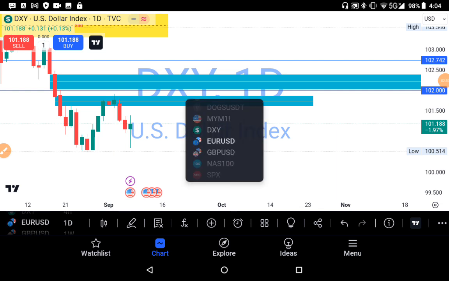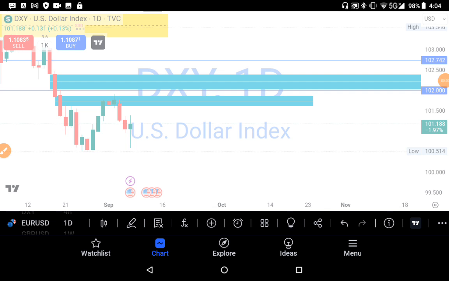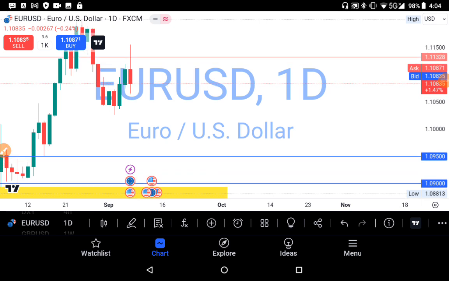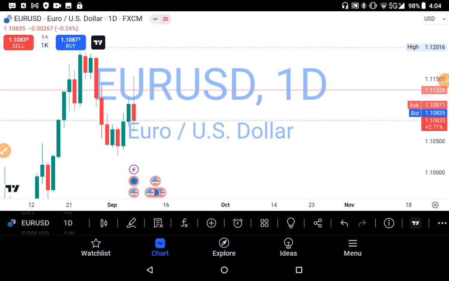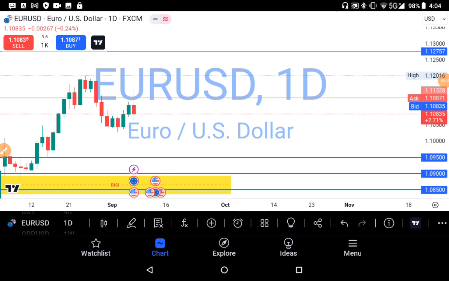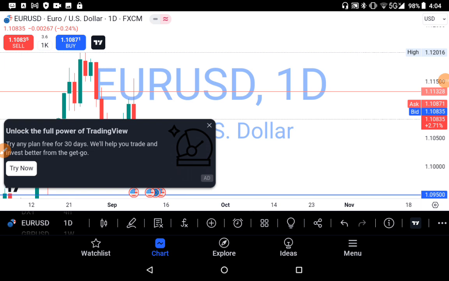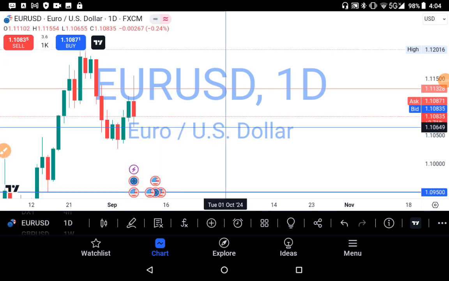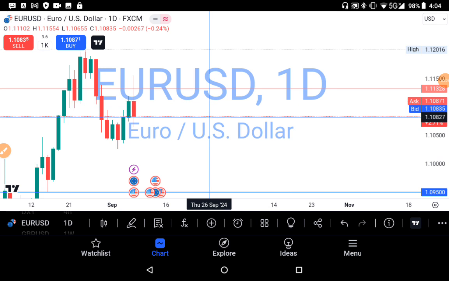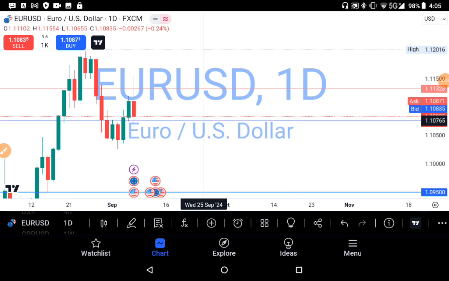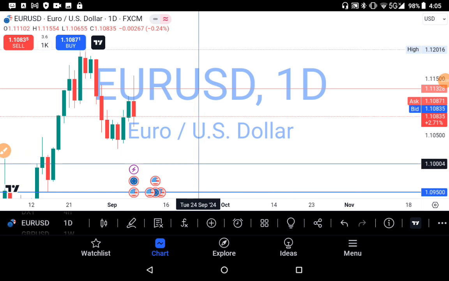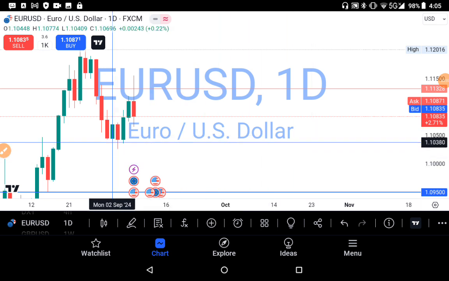Then we move to our Euro USD. On Euro USD, I was interested in 1.10,000. I think that was a level I was interested in. 1.10,000 was not delivered, sorry. 1.10,000 was not delivered because